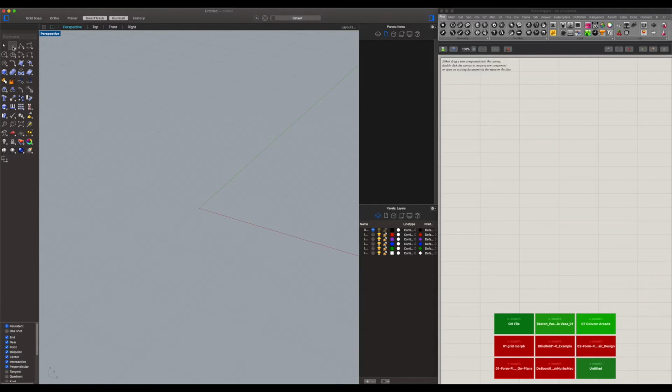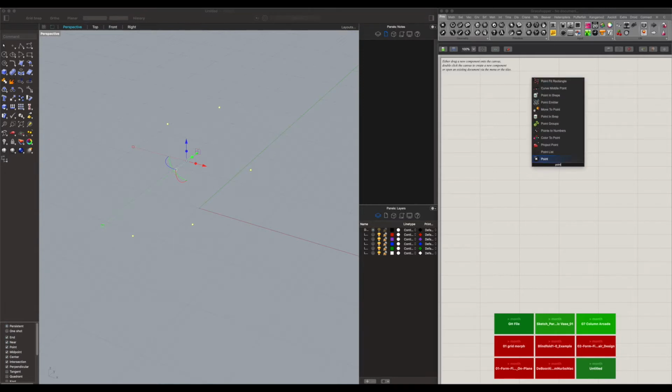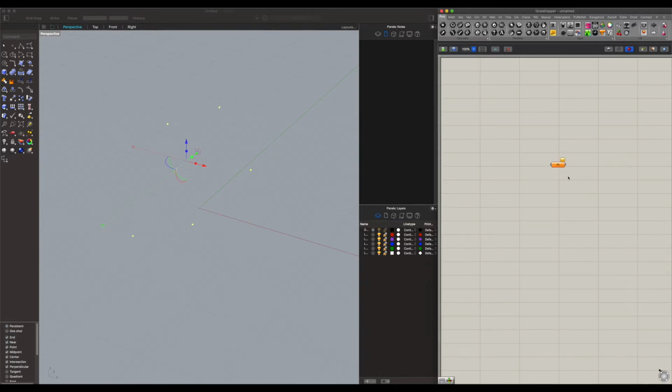So to get started, I want to start with adding a couple of points in the Rhino viewport in order to create a NURBS curve from these points. These points are going to be the control points with which I'm going to parametrically control my curve. If I assign the points into Grasshopper, you'll see they get green selected. Then the next step would be to create NURBS curves, and we assign the points to the vertices input from